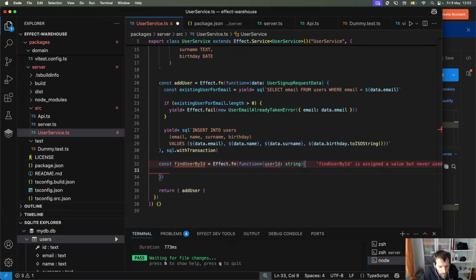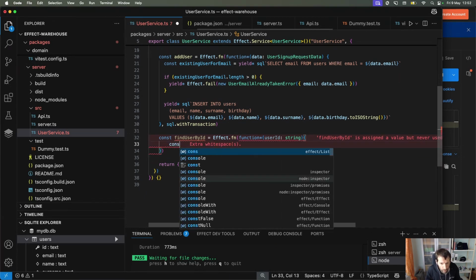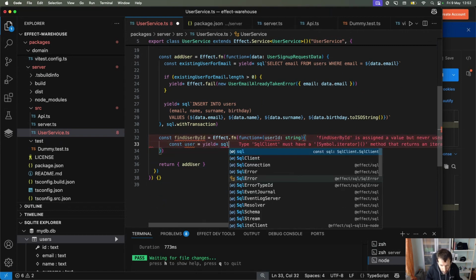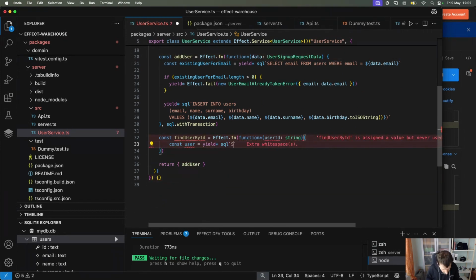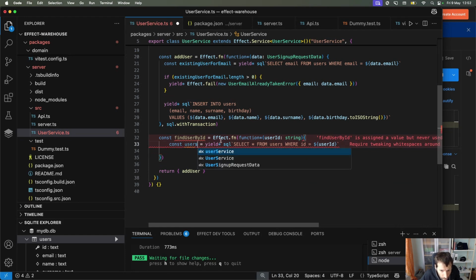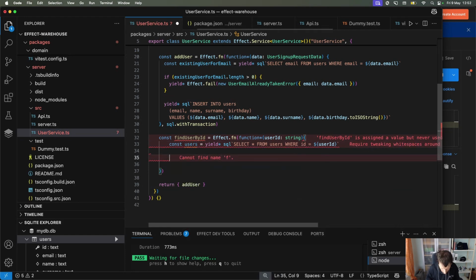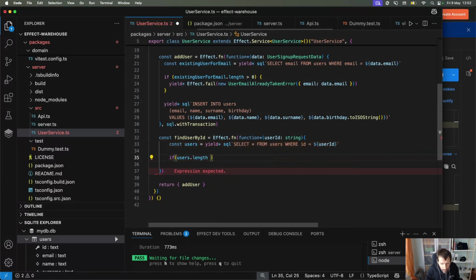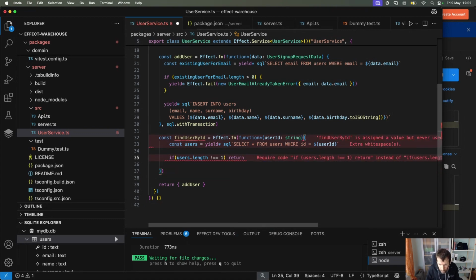And we'll say something like const users equals yield* sql select everything from users where id equals our userId. And we'll say if users.length is not equal to 1, we'll return